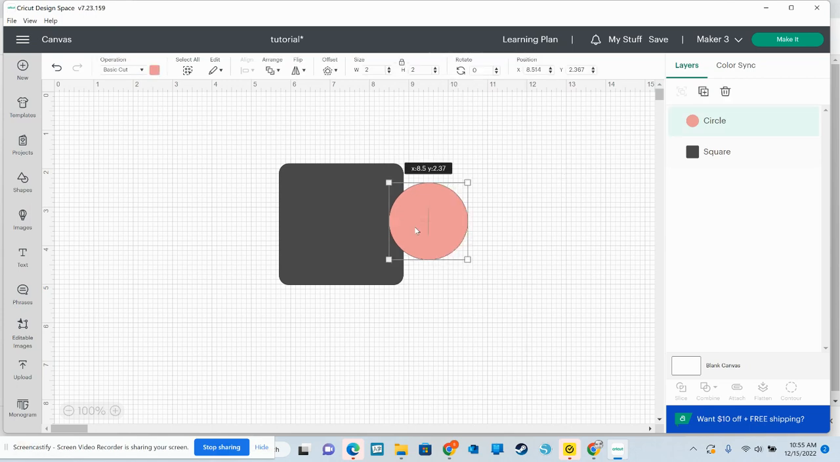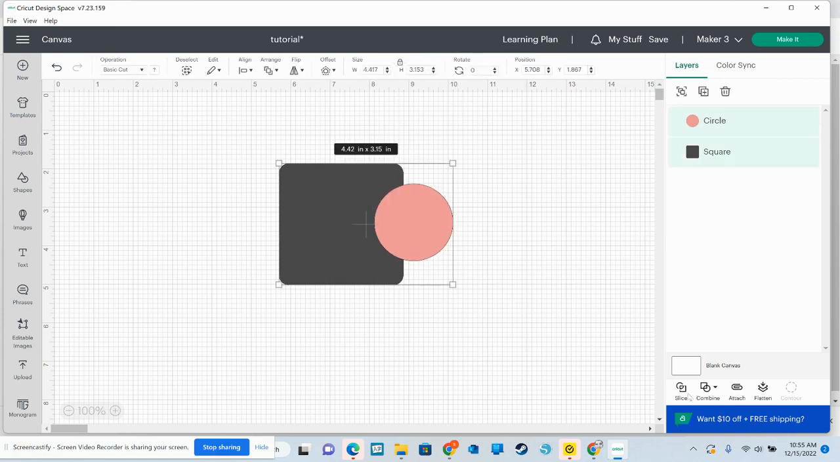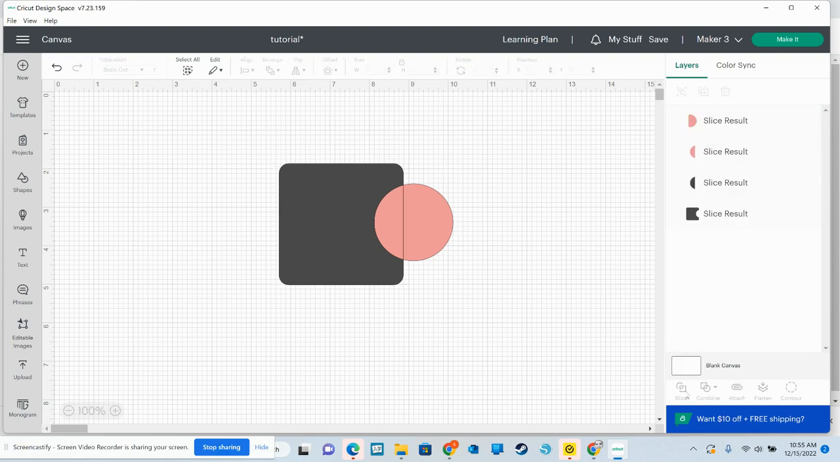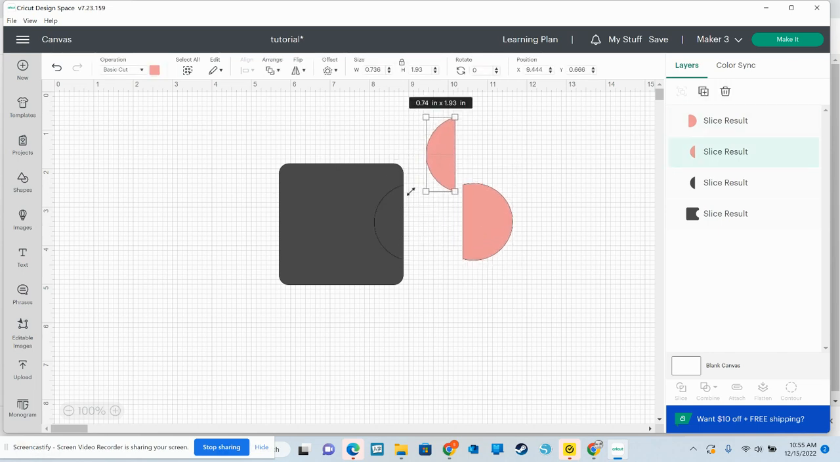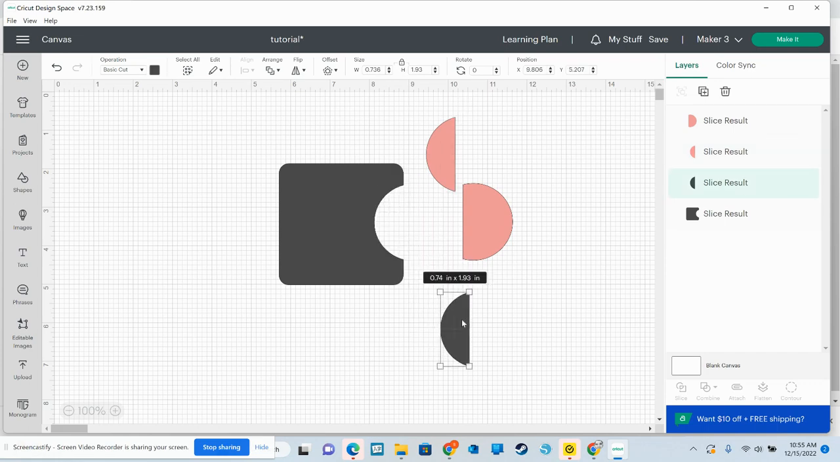Okay, so now let me show you this. If I select both of these and I click slice, think of slice as a cookie cutter. Your top layer is going to get sliced, but also your bottom layer is going to get sliced. So you're slicing both of those images. Anything that overlaps is going to slice. Okay,